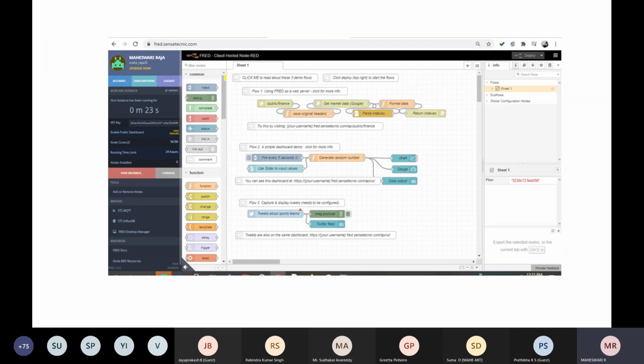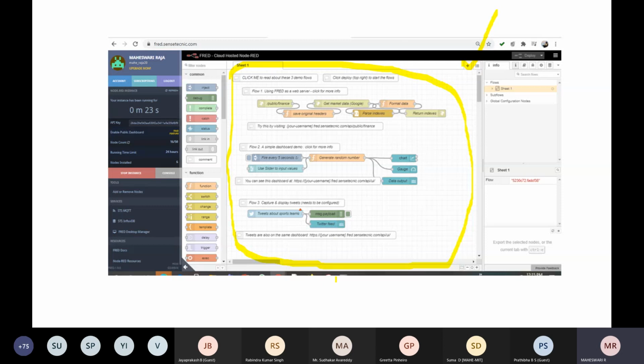Once you click it, you can see the same flow we saw in the local machine will be visible here. Then you can click the plus symbol here to create a new flow. But default flows designed by members across the world will be available here, so you can reuse them.